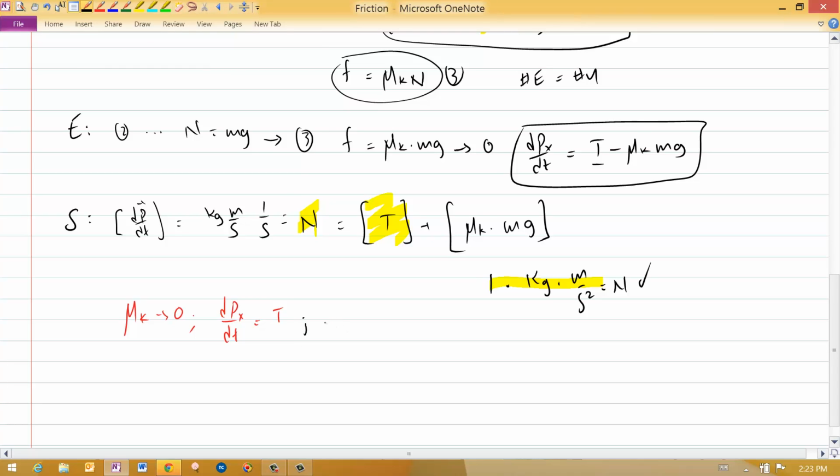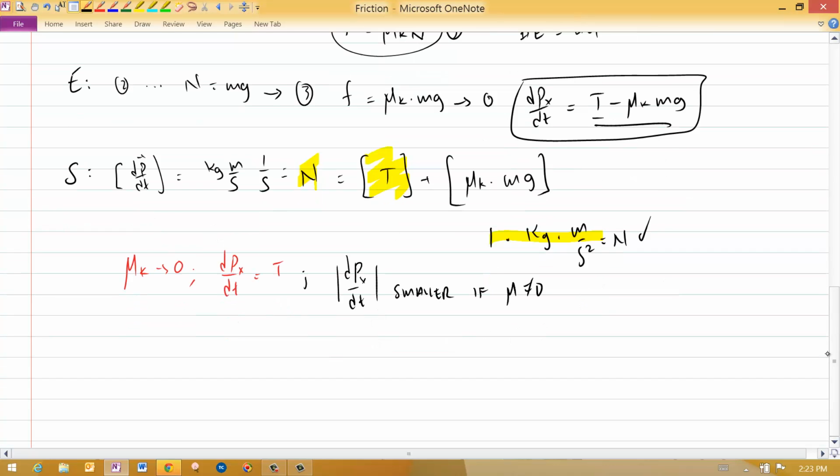If there is friction, the expression I have here says that the magnitude of dpx/dt is smaller if mu is not 0. And in fact, we can get to a case where dpx/dt is equal to 0. That would be equilibrium, right? Well, equilibrium for you probably means that the object is standing still, but the technical meaning for equilibrium is that the momentum does not change. That would say that if I pull with a tension that is exactly equal to mu_k mg, I can move this thing with a constant